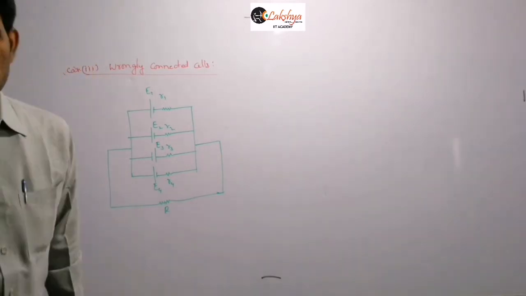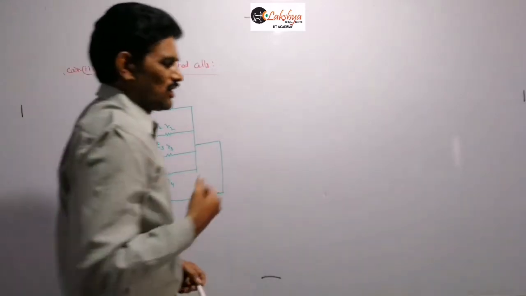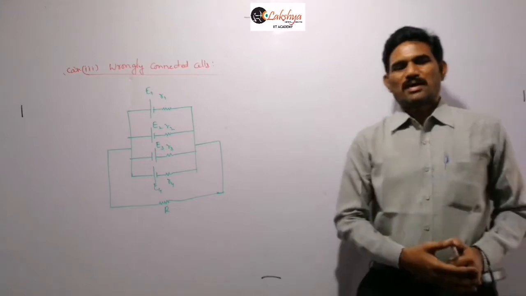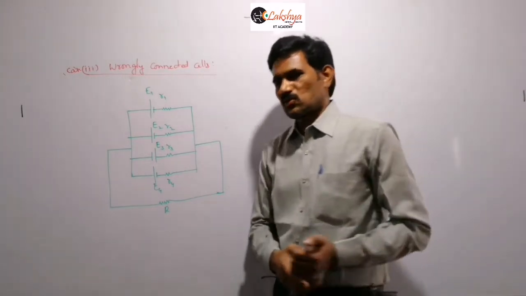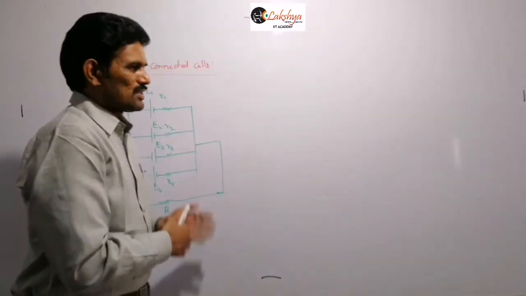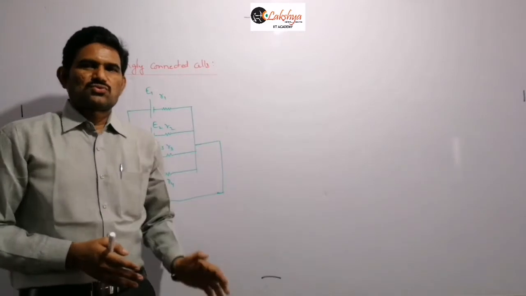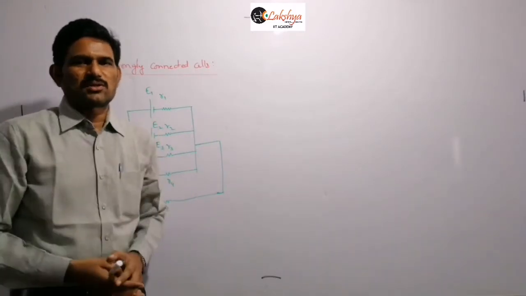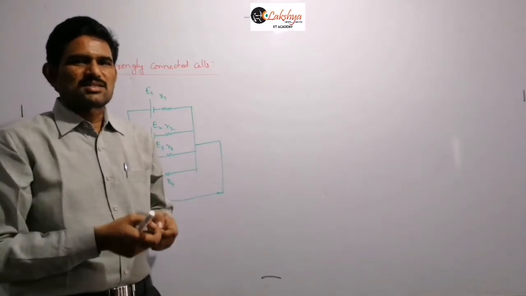So now let us identify which cell is wrongly connected, and when a cell is said to be wrongly connected in the case of parallel combination. In the case of series combination we already discussed when it is wrongly connected. Now here, our parallel combination definition means all positive terminals of cells are connected to one point and all the negative terminals are connected to another point, and the external source or external resistance is connected between those points.